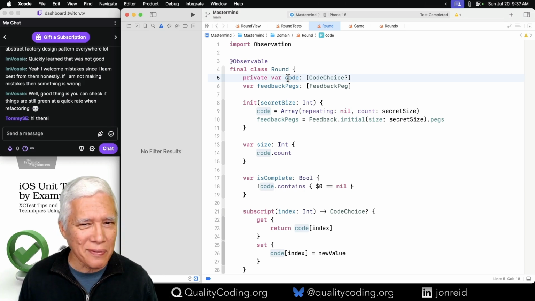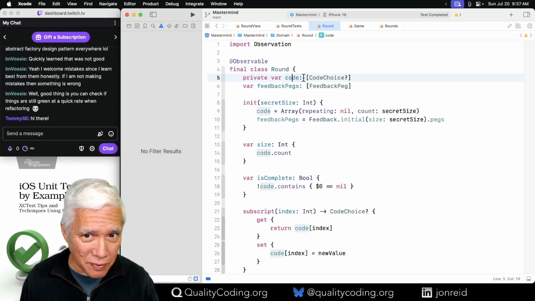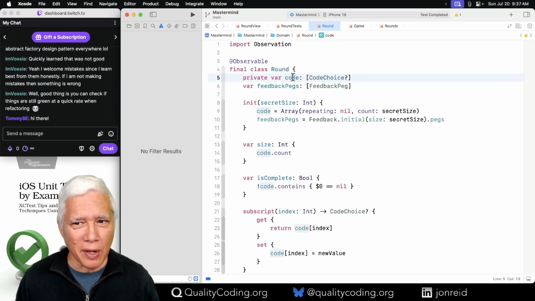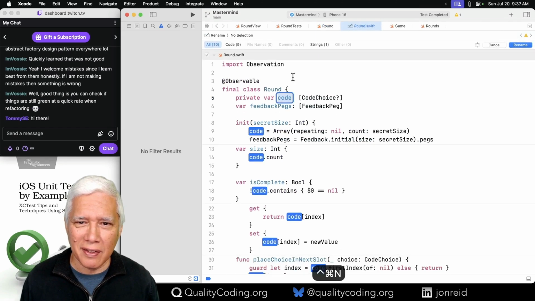This is good. Remember, I came here, like, where's the inside of the round? Where's the guess? It's the code. The guess is the array of code choices. Well, let's keep going because renaming may be one of the most important things that you can do.